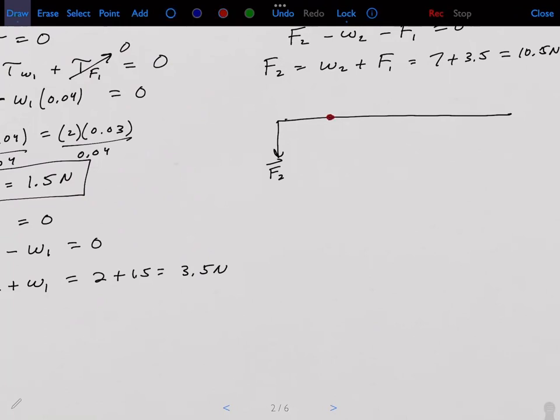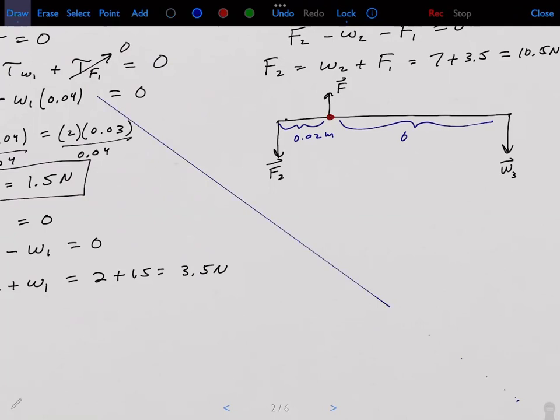Right here, we have another force, but we don't really care what this is. We could find it if we wanted to. Let's call it F, and then W3. Ultimately, we only wanted to find the weights, right? And then this distance is 2 centimeters, so 0.02. And then this distance is, I think, 6 centimeters,